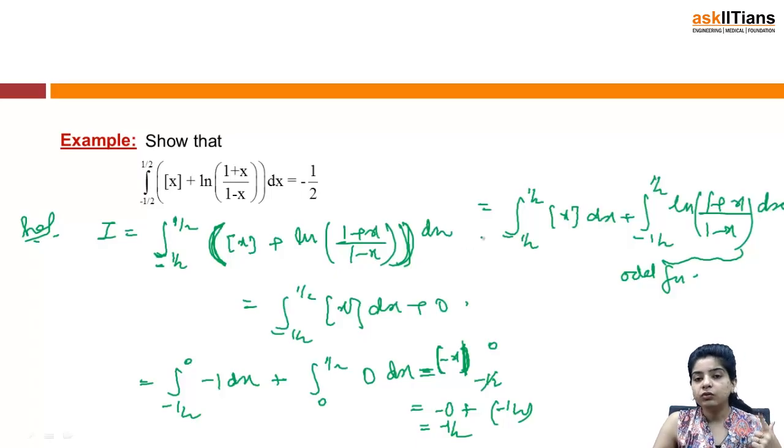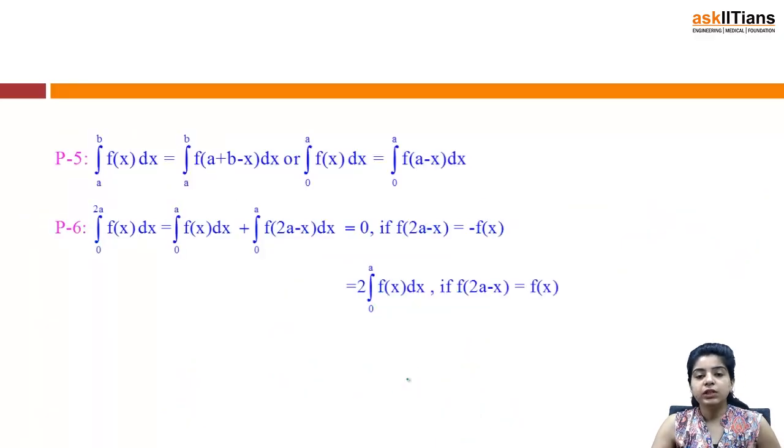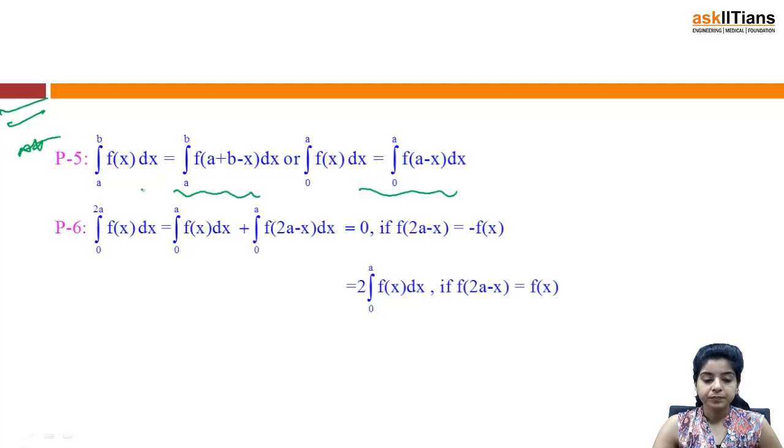Now see, until and unless you remember that property we have utilized just now, and you directly substitute the value of this function as 0, you might have got confused and might not get the solution easily, right? So just be well versed with these properties, attempt a very good number of questions based on these properties, so that these properties are on your fingertips, and just by seeing the question you can realize which property you are required to use. Next property is integral a to b f(x) dx is integral a to b f(a plus b minus x) dx, or integral 0 to a f(x) dx is 0 to a f(a minus x). This is also important.